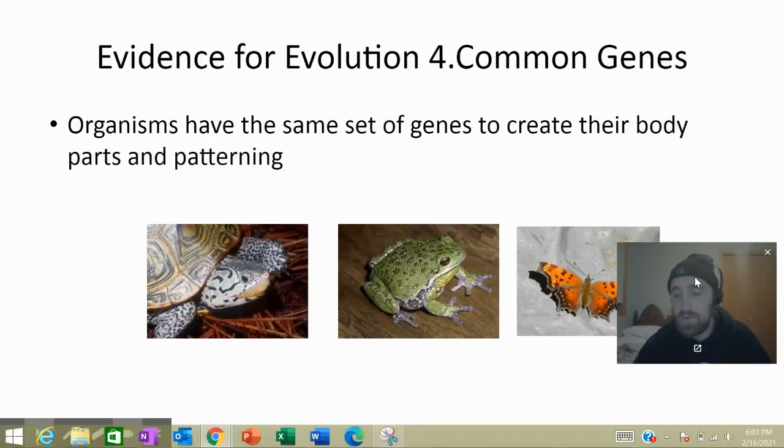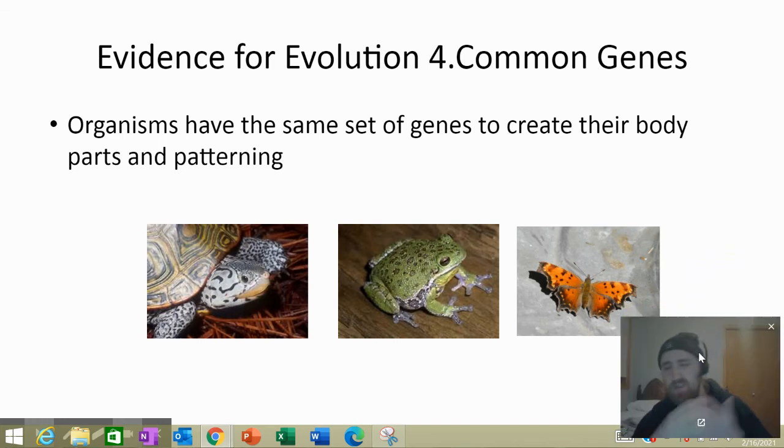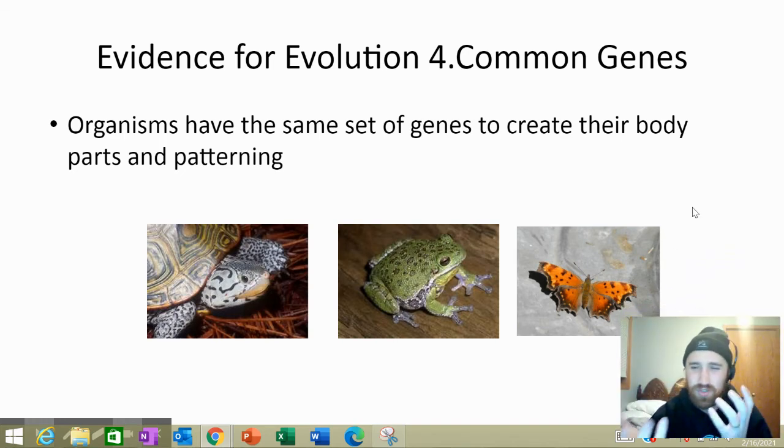Now, we're going to get more on the genetic side of this and relate some of those things we've already been talking about to the genetics pieces. One of the other things is that living animals have common genes. This is something Darwin and Wallace didn't really know much about, because at that time genetic studies really weren't there. But they could observe that organisms have the same body plan, like a head and appendages and things of that sort. So it was hinted towards, but they didn't know exactly what it meant genetically.